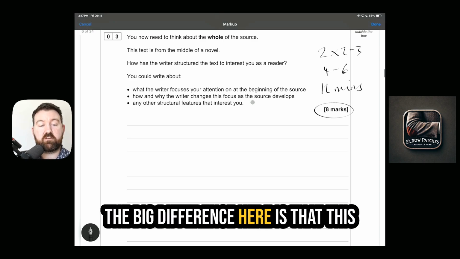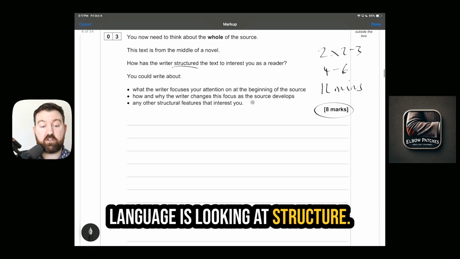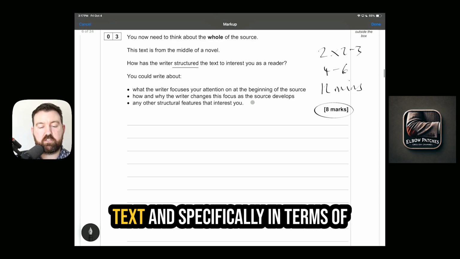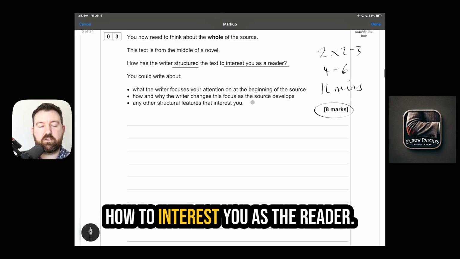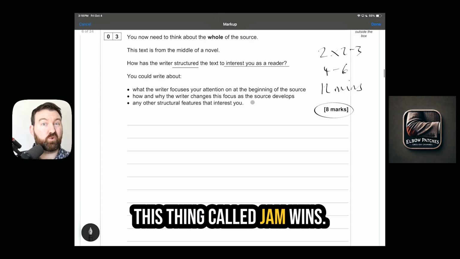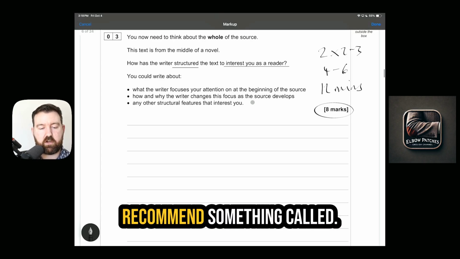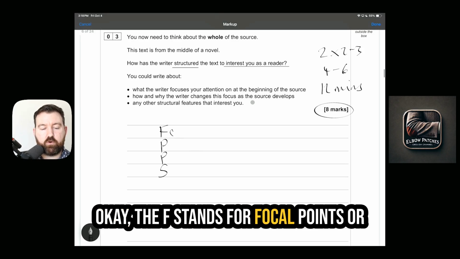The big difference here is that this question, instead of looking at language, is looking at structure. How has the writer structured the text? And specifically, in terms of reader response, to create interest, how to interest you as the reader, okay? So in the same way that for question 2, I recommend this thing called JAM WINS, for question 3, I recommend something called FPS, okay? The F stands for focal points